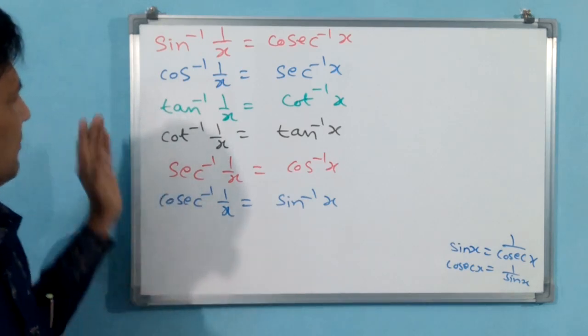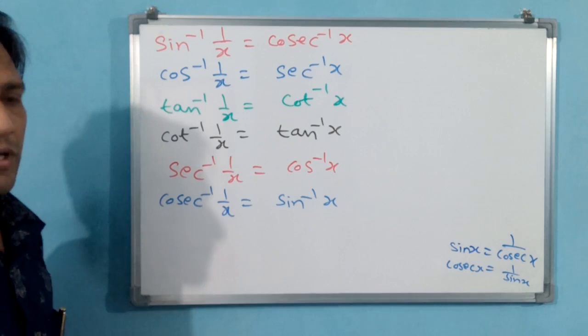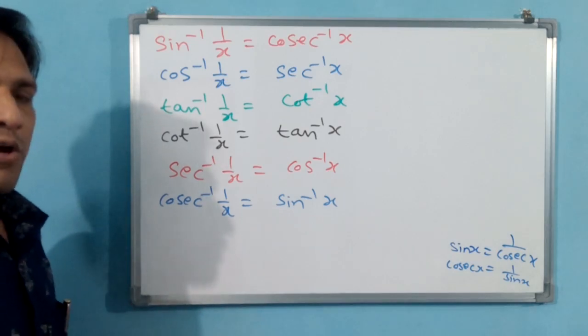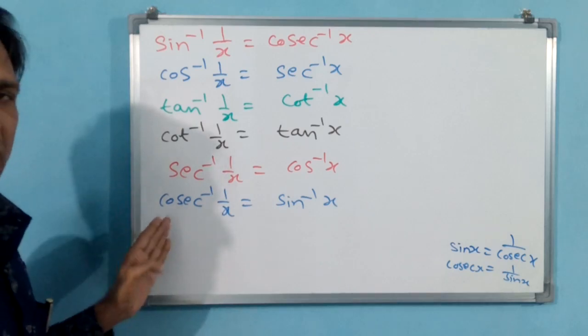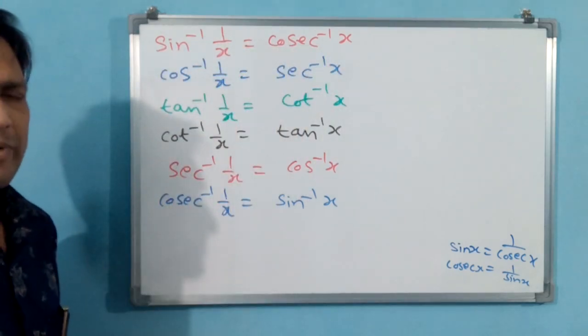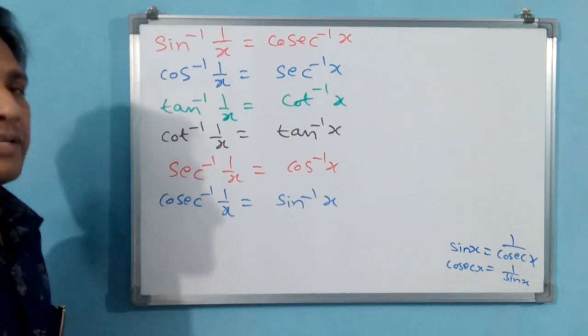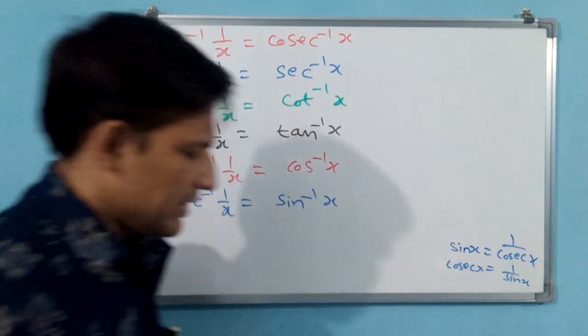These are properties 1, 2, 3, 4, 5, 6. Six properties you have to note down. We go for another property. Why? Because the remaining properties are also the same, we can prove them, but we need not prove them. This proof will not come in the examination, but you have to understand how it has come. Let us go for another property.